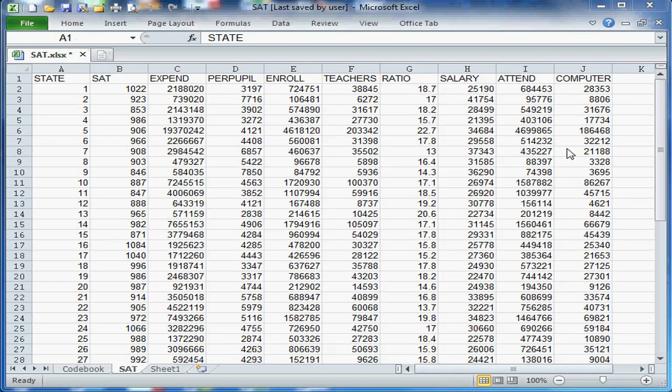We're going to run the descriptive statistics on the file sat.xlsx. It is a file of SAT scores and other educational data from the 50 states plus the District of Columbia for 1988. To run the descriptive statistics on the SAT, we're going to use the Data tab,